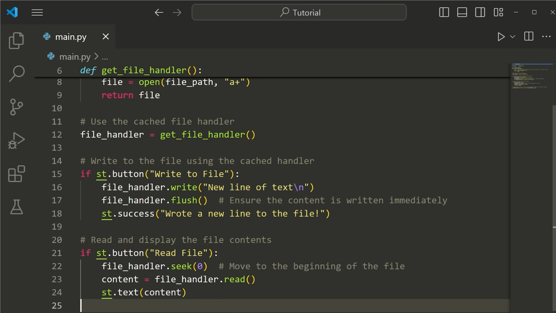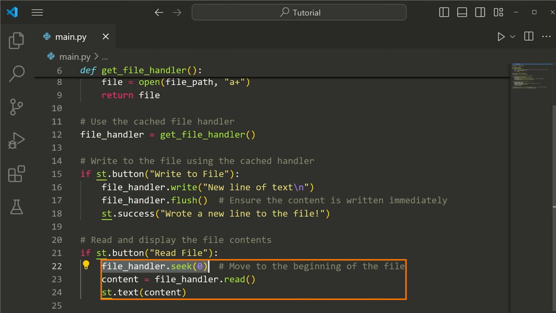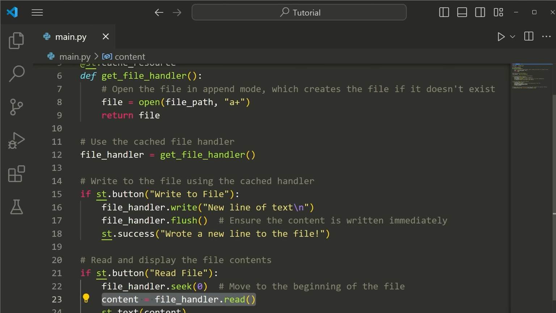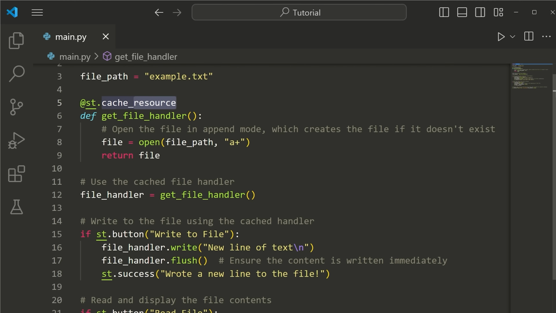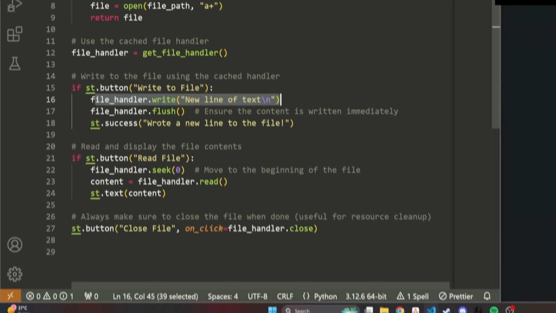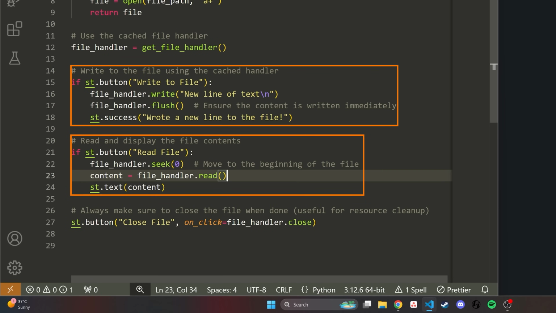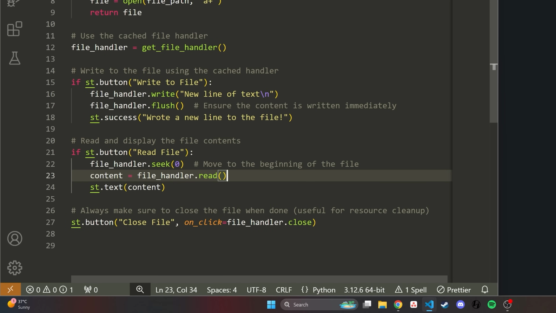And then same thing with the read file. We can seek the beginning of the file, and then we can read the contents. Again, using the cached file, we're not having millions of different file handlers for every single user. We're using one resource, and the reason we used a resource here is because we're actually modifying it, right? We're changing the seek head within the file. We're writing to the file, we're reading the file,